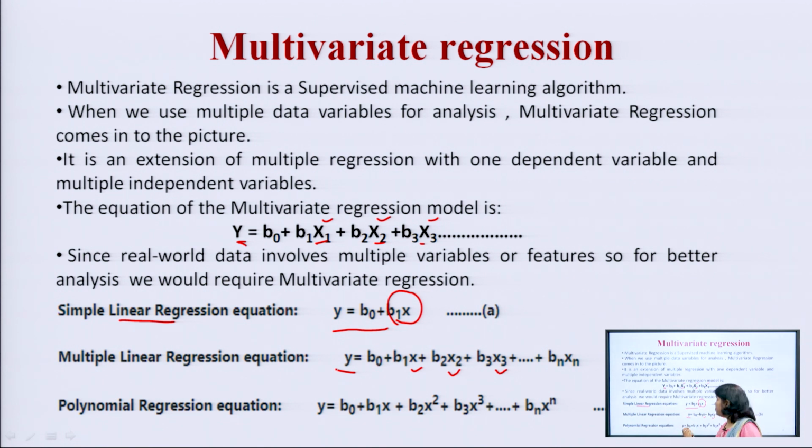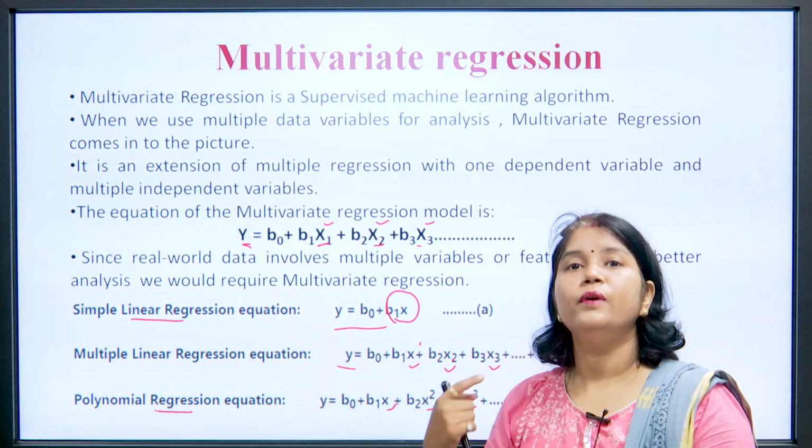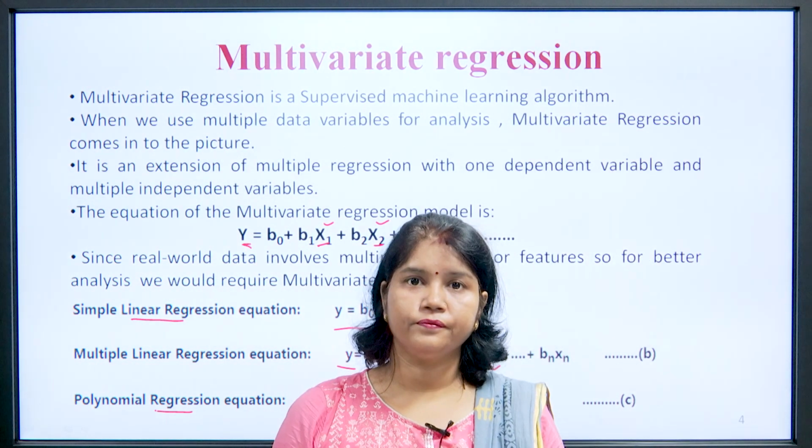Some other equation is also introduced here, polynomial regression. Do not be confused: when the degree is added to the independent variable. Here the degree is 1, all the independent variables have degree 1, and when the degree of the independent variable is increased, then this type of regression is converted into polynomial regression. It will be discussed later, but do not be confused between multivariate, polynomial and linear.